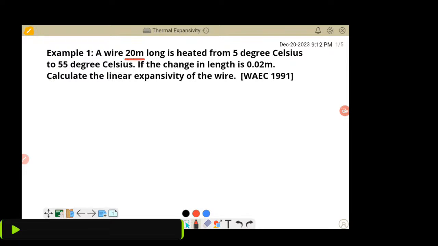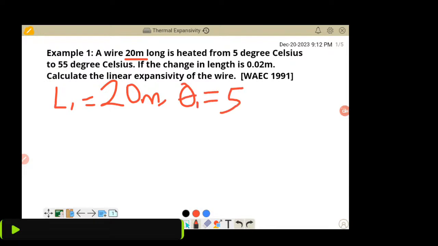A wire 20 meter long, that is the original length, L1 equals 20 meter, and it's heated from an initial temperature, theta 1, which is 5 degrees Celsius,